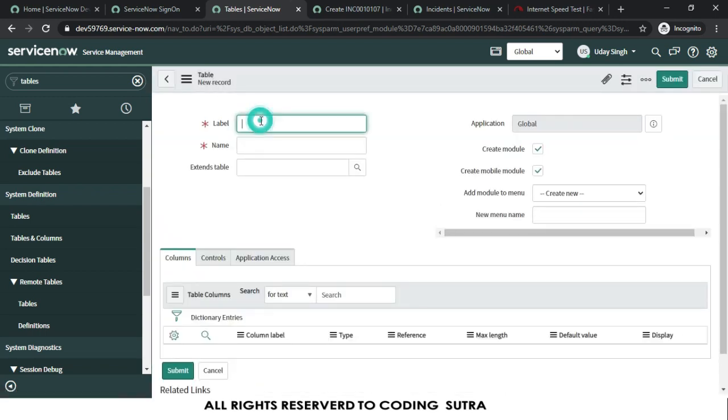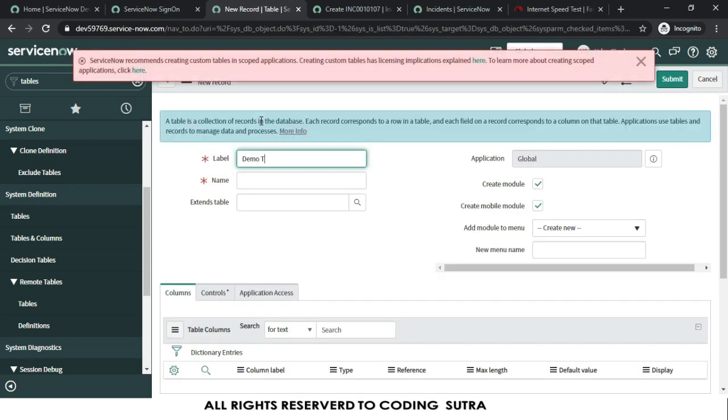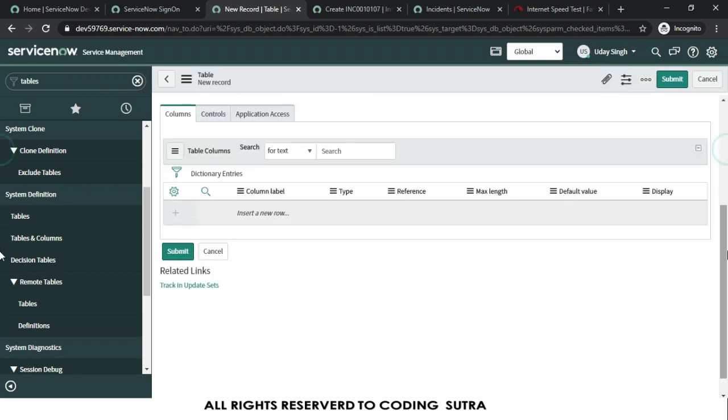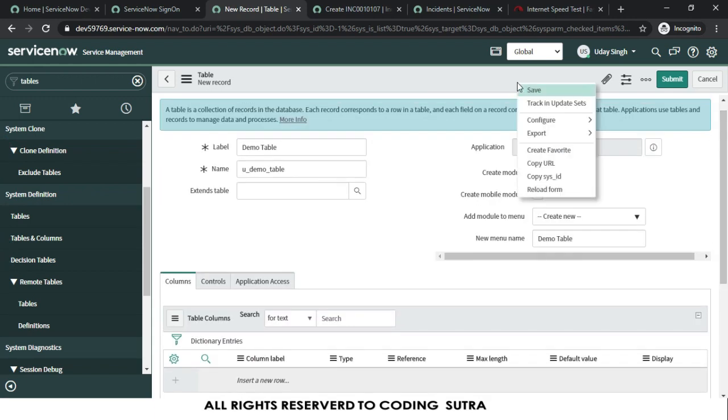Let's give it the name demo table. u_demo_table is the backend name of this table. Let's save it. Right-click on this and save it first.